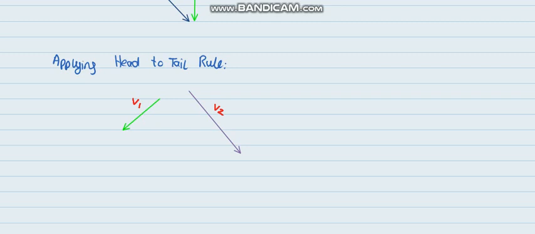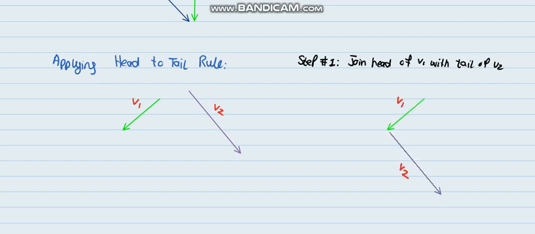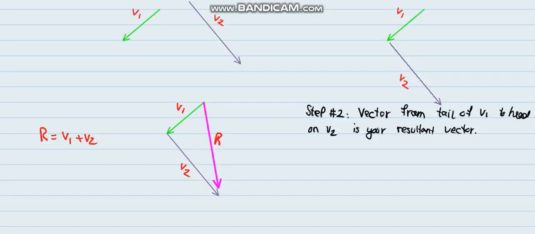Now let's see, if we have two vectors v1 and v2, how can we find the resultant of these two vectors? So our step 1 would be join the head of v1 with the tail of v2. So we have joined the head of v1, this is the head, the pointed section, with the tail of v2. We have performed our step number 1. Step 2 is the vector from tail of v1 to head of v2 is your resultant vector. So from tail of v1 to head of v2 is this vector r,